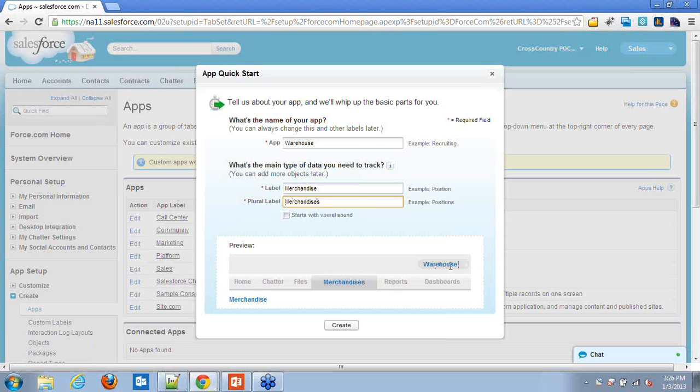So it is showing the preview that your warehouse will go on the top, the tab will come here as your first object.